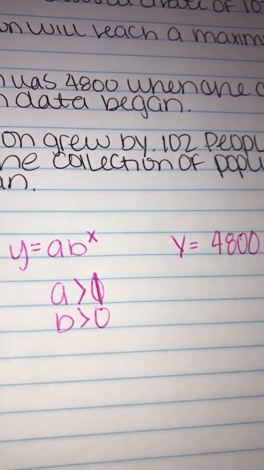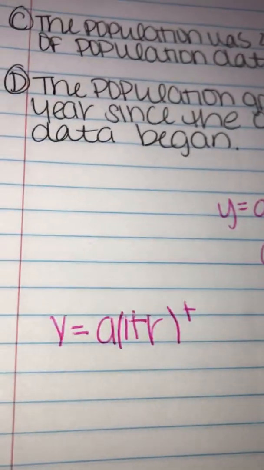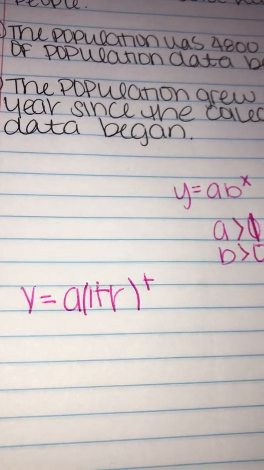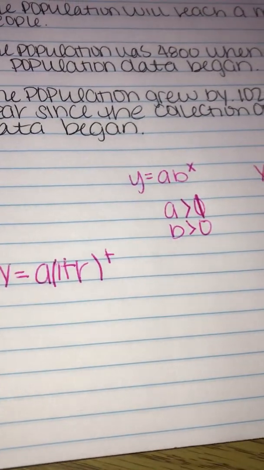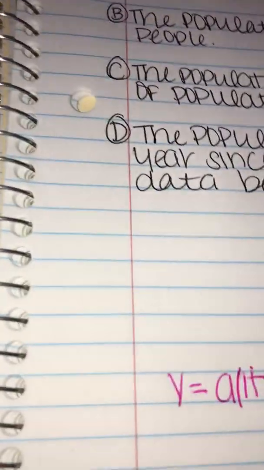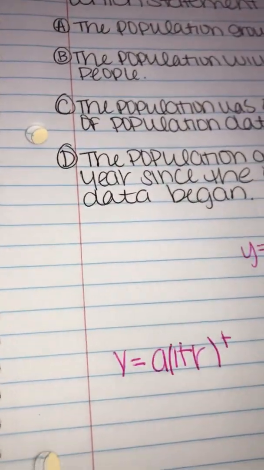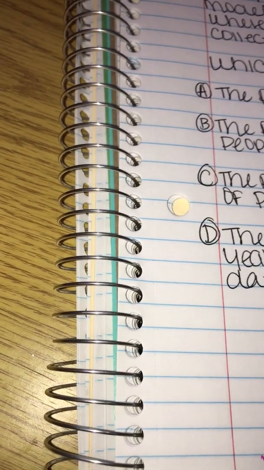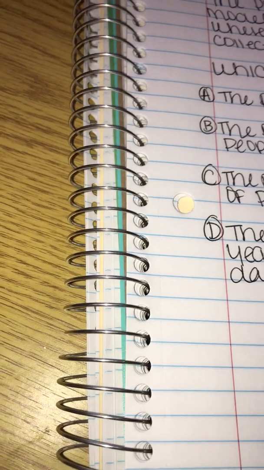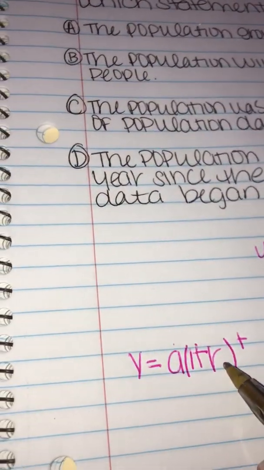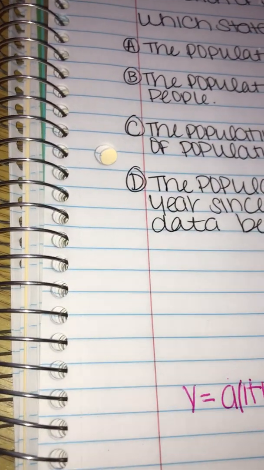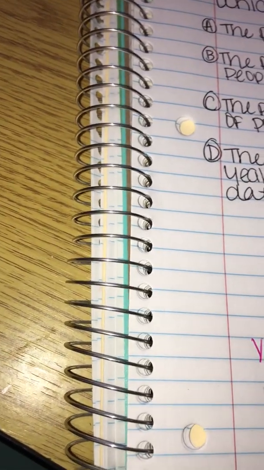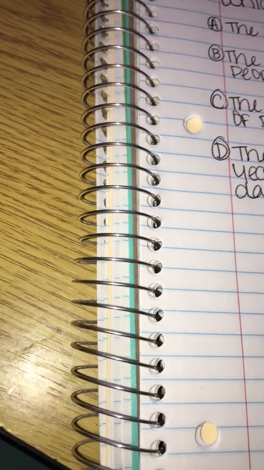So we're going to be using the equation y equals a times 1 plus r to the t power. Okay, and we know a, we'll just tell you the variables. A is the initial amount, 1 plus the rate of change, to t, which is time. So we have y equals 4,800 is our initial amount times 1